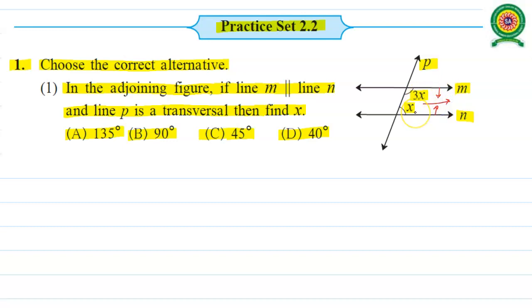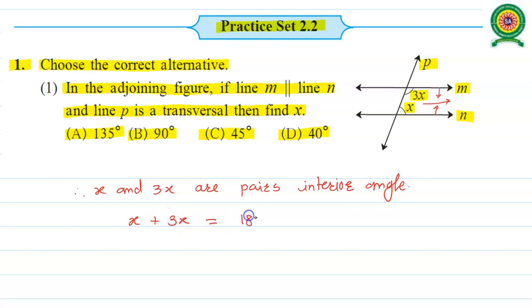So those are interior angles. Therefore here x and 3x are pairs of interior angles. As per the interior angle property we can write, the given angles are supplementary,